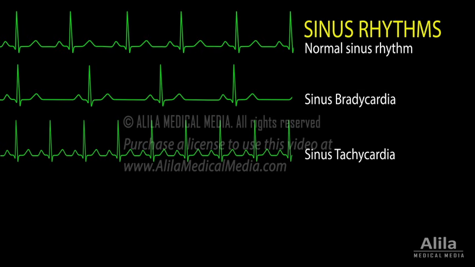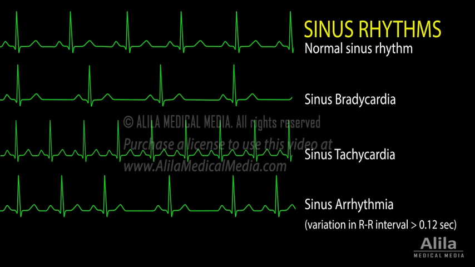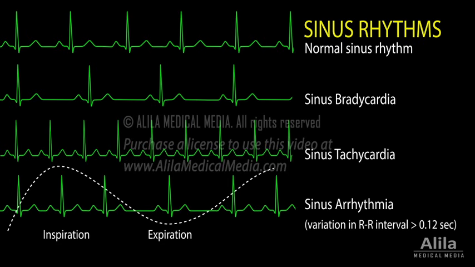For example, sinus bradycardia is normal during sleep and sinus tachycardia is normal during exercise. Sinus arrhythmia is common among young, healthy individuals. It is often linked to the respiratory cycle, faster during inspiration and slower during expiration due to changes in the vagal tone. Respiratory sinus arrhythmia is normal and often associated with good cardiovascular health.